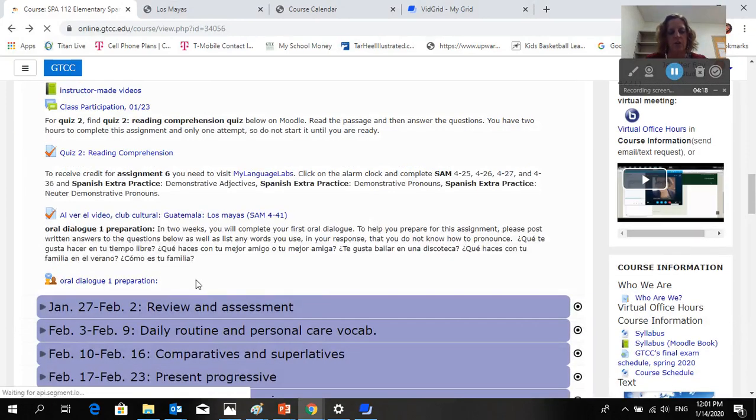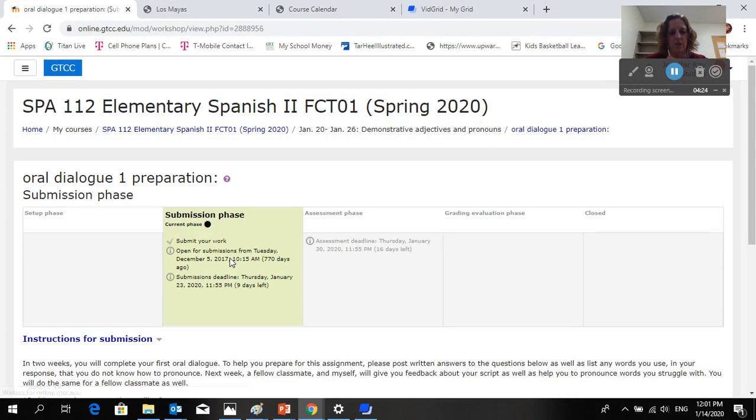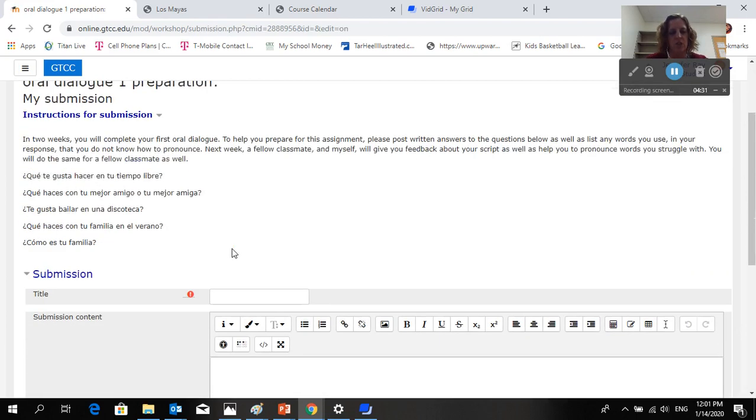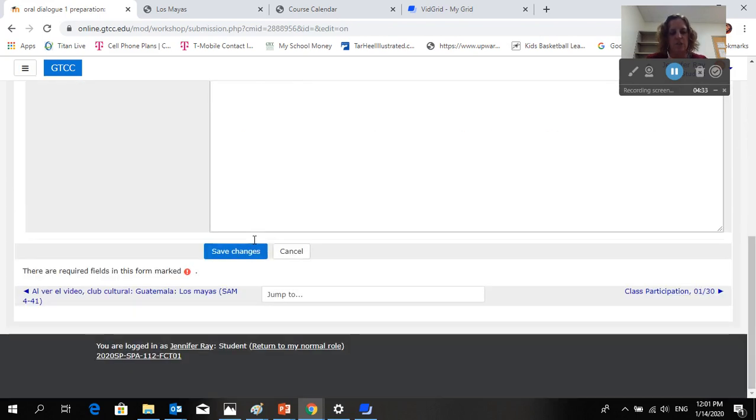Okay. You also have oral dialogue 1 preparation. We're going to workshop this. So you'll click on oral dialogue 1 when you're ready. And it asks you to answer the following questions. So when you're ready, you'll hit start preparing your submission, and you're going to answer these questions in Spanish and then hit save changes. Remember, this is a workshop, so when the assignment is completed, I'll move the assignment down